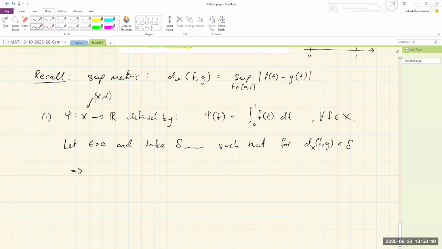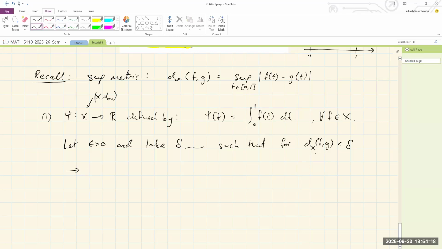This implies, okay, in this case we need to think of what the points are. We're used to thinking about the points in a metric space as being numbers. In this case, the points in this metric space X are continuous functions. So this is d infinity. So whenever these two points are less than delta,